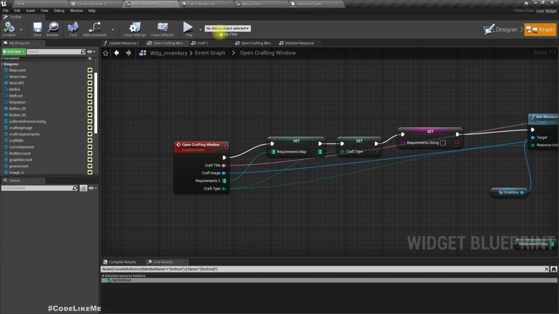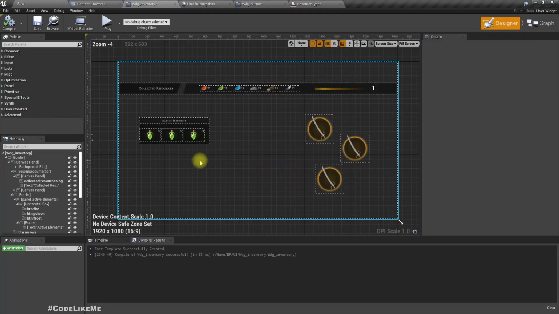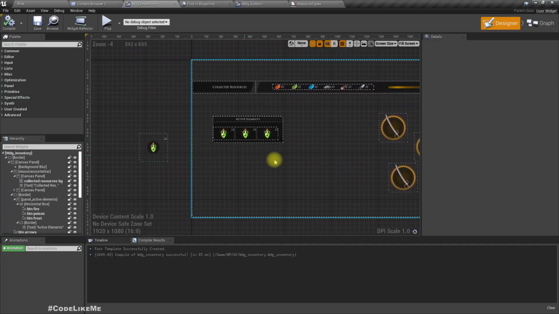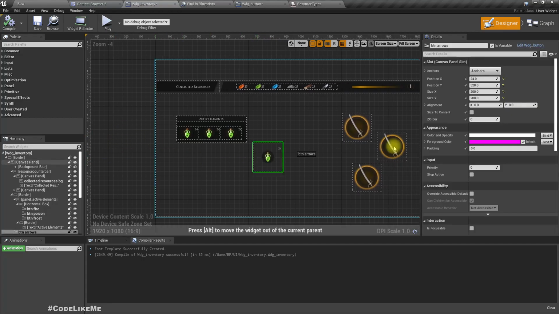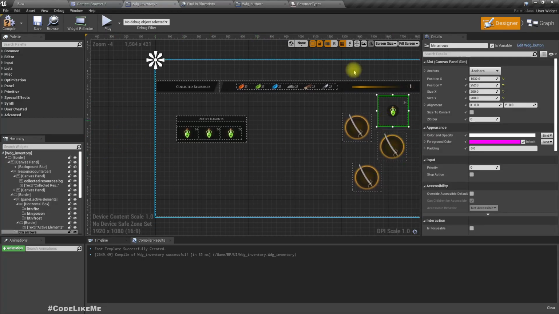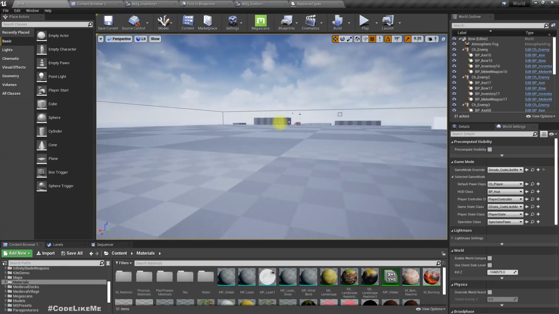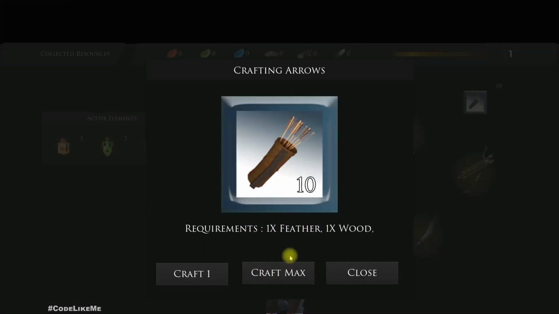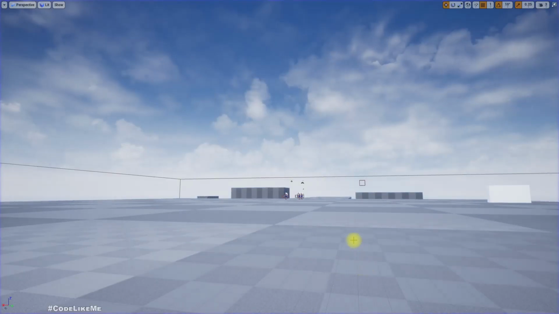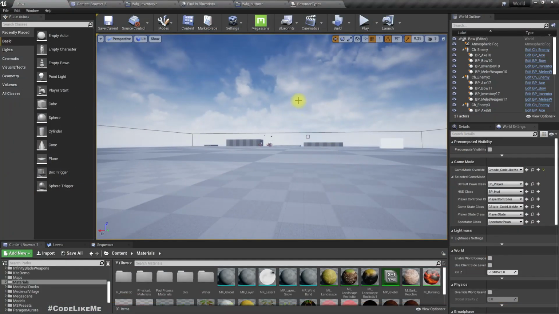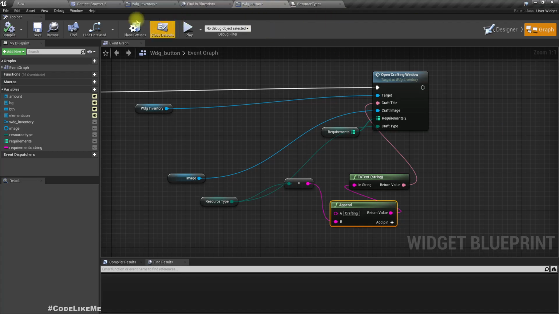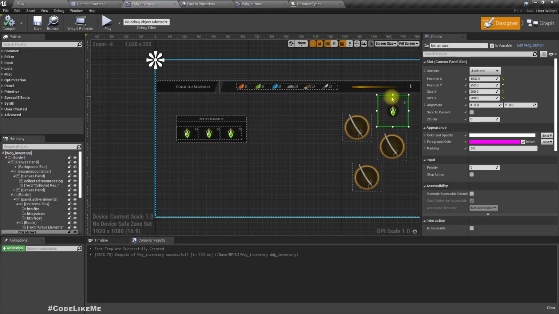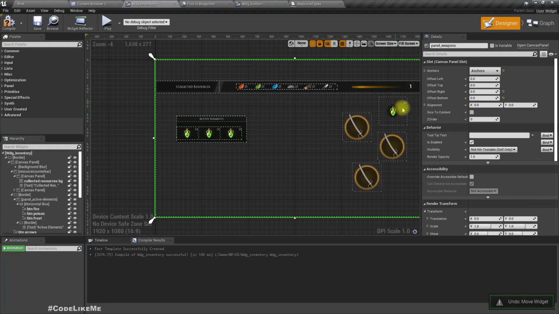For the arrow, yeah, I have put it aside for now, but for the arrow, actually this is the arrow button, we get the same window like this, so I need to replace that too. So actually I don't need to replace it. I can just, instead of this, oh wait, instead of this button,